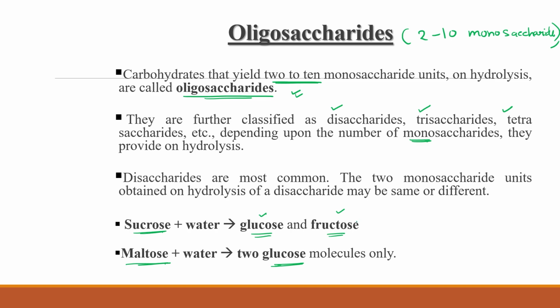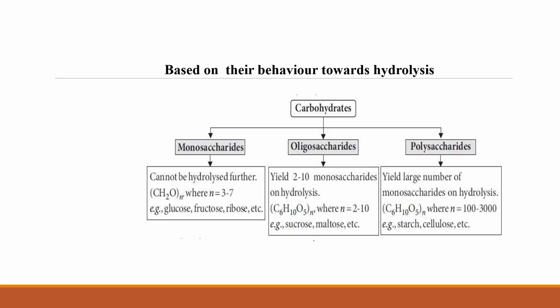It is not essential that both molecules are of the same category. The types of molecules may be the same or may be in different categories. And we just have to remember that in an oligosaccharide, 2 to 10 monosaccharide units are there. Clear? Okay. So on the basis of behavior towards hydrolysis, we can classify different types of